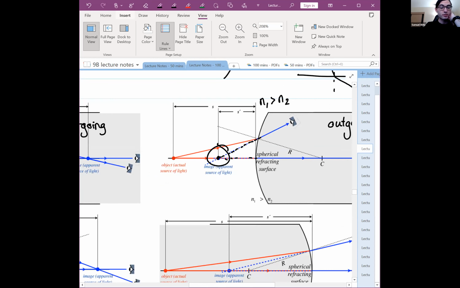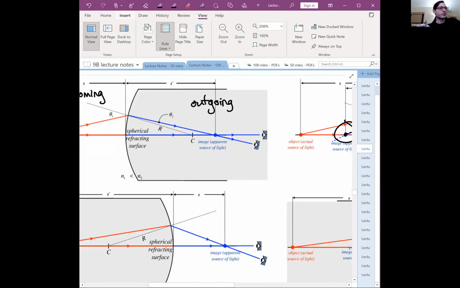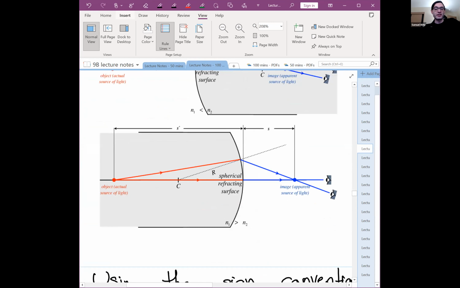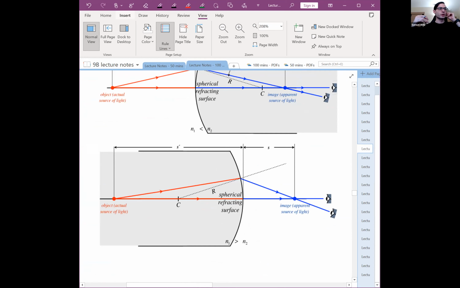The next case, and by the way, this is all just qualitative that we're doing so far. Deriving the formulas that we're about to do is a mess, and so I'm not going to do it. I think it's actually done in the LibreText, but I'm not sure. I'd have to double check. Okay, so the next case is we now have